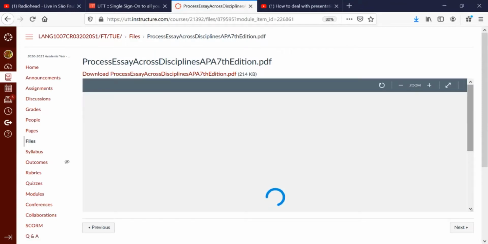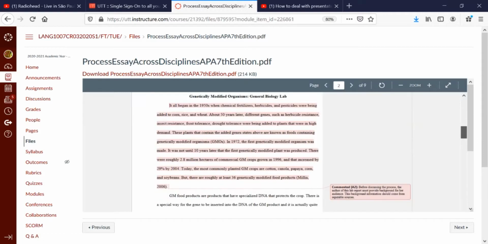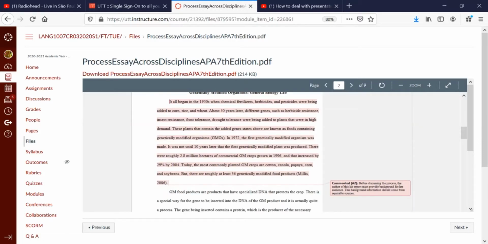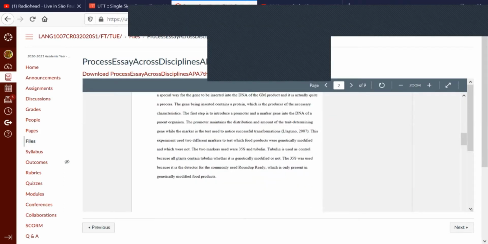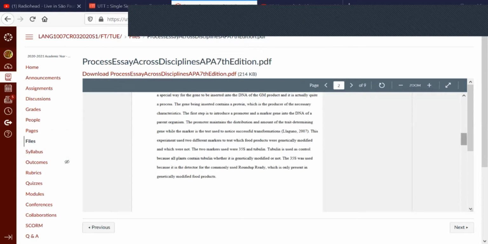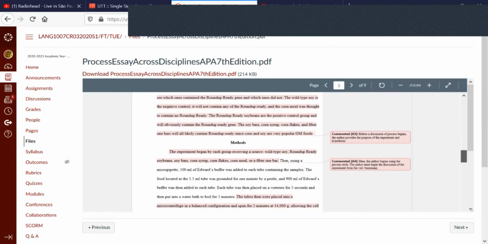So here's an example of a process analysis essay. And again, if you haven't had a chance to read through it just yet, it is here, read through it. It is annotated so you can see how the essay is actually put together. So it's a good example that you can follow and see just how you do your